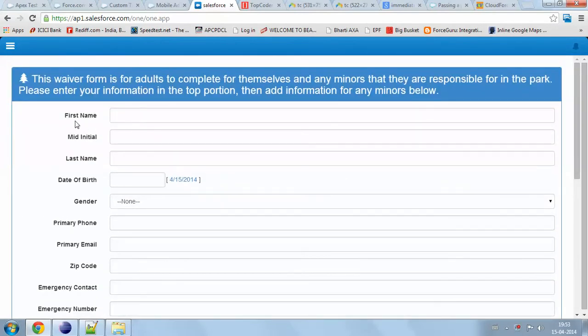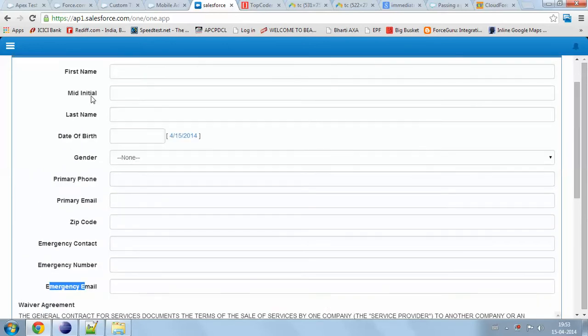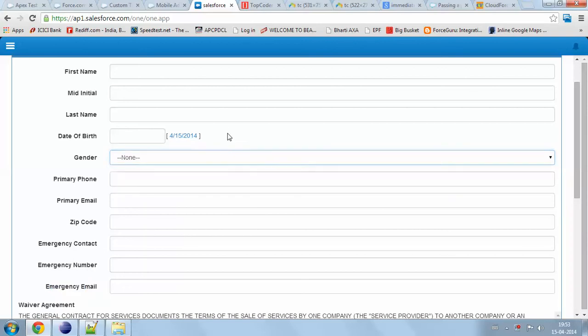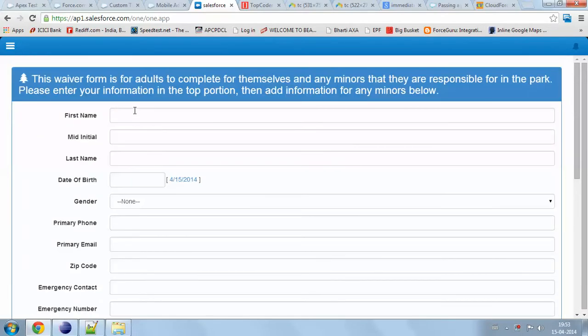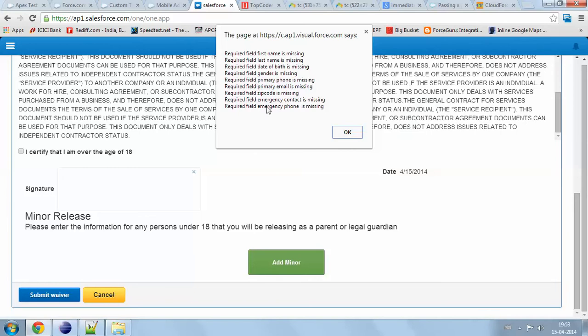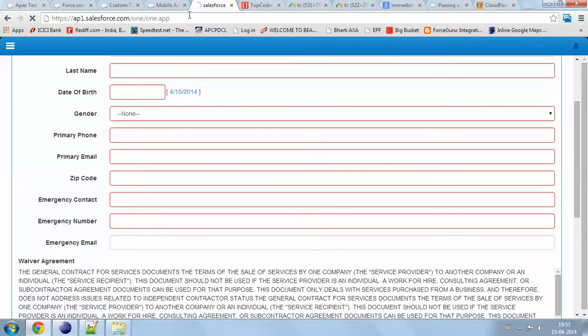Okay. All of these fields are required except the emergency email and the middle initial, because I have created it from my own mind. For better usability, I have created gender as a pick list rather than two buttons. I have also created some basic validation along with making the fields required. If I click on save, you can see which fields are required, and they get marked in red.